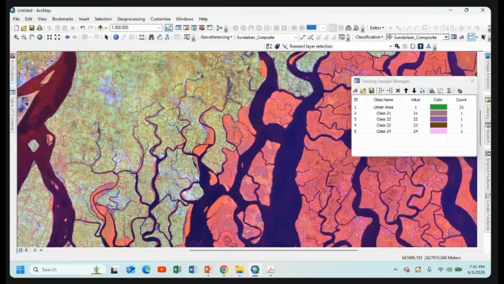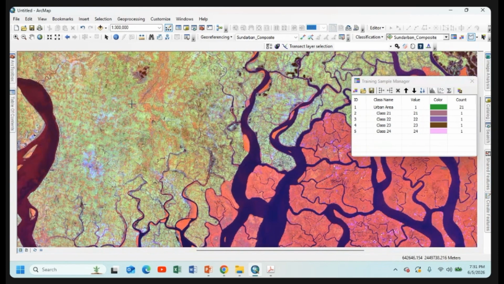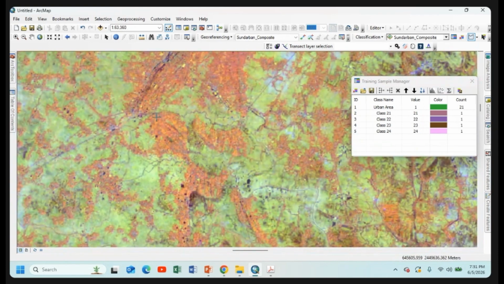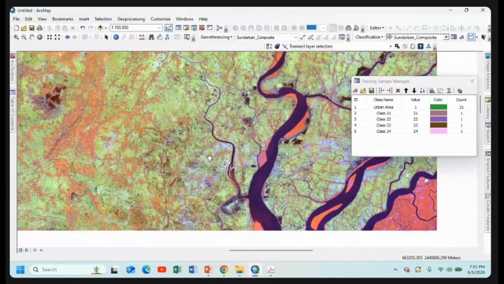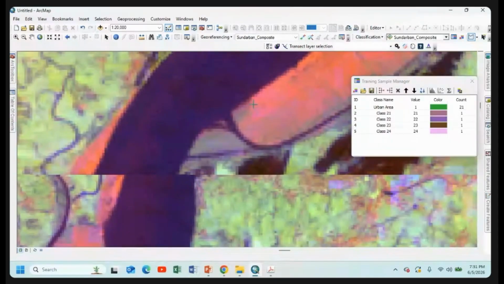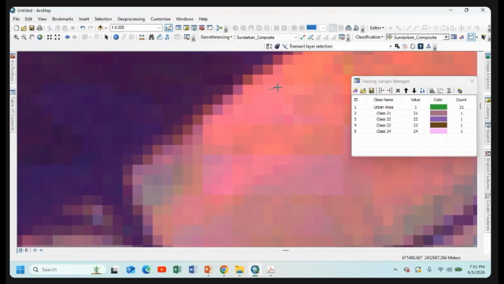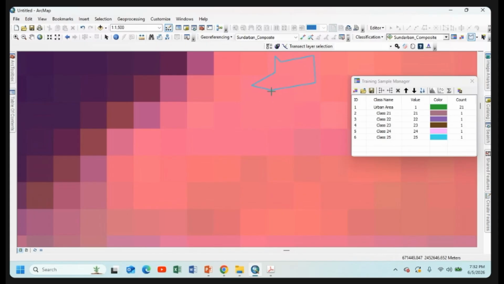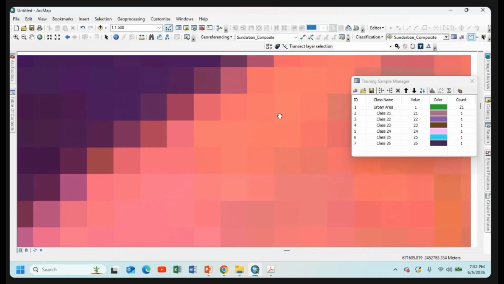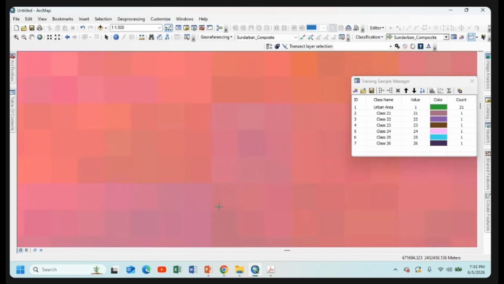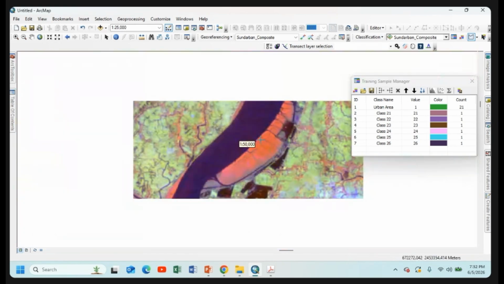It is important to identify the two types of vegetation properly, otherwise the map will give you bad accuracy while you generate the LULC map through SVM or MLC. So this is some area of light vegetation, sparsely vegetated or grassland area. Okay, if I zoom in, I also see the light pink color. Here also some light pink pixels have been observed. Okay, zoom out again and go to another part of the map.